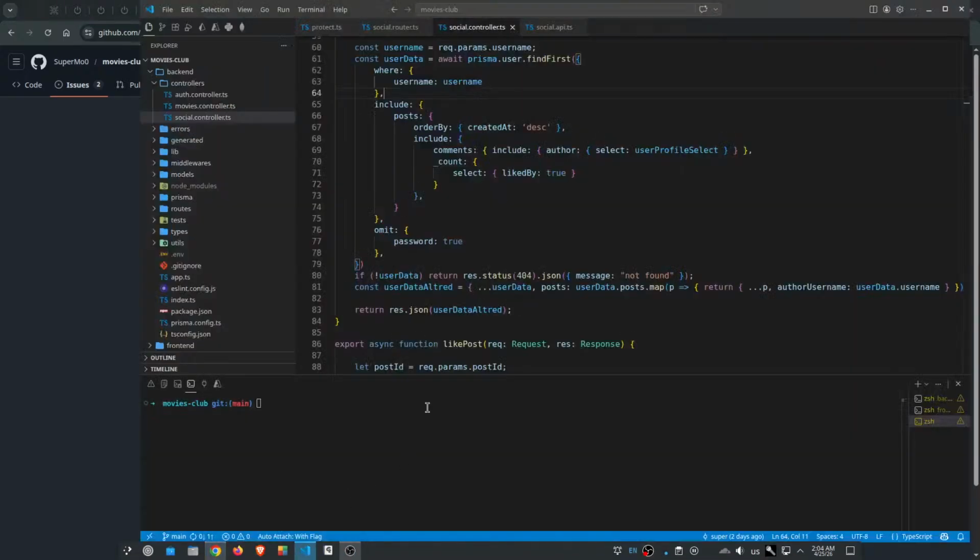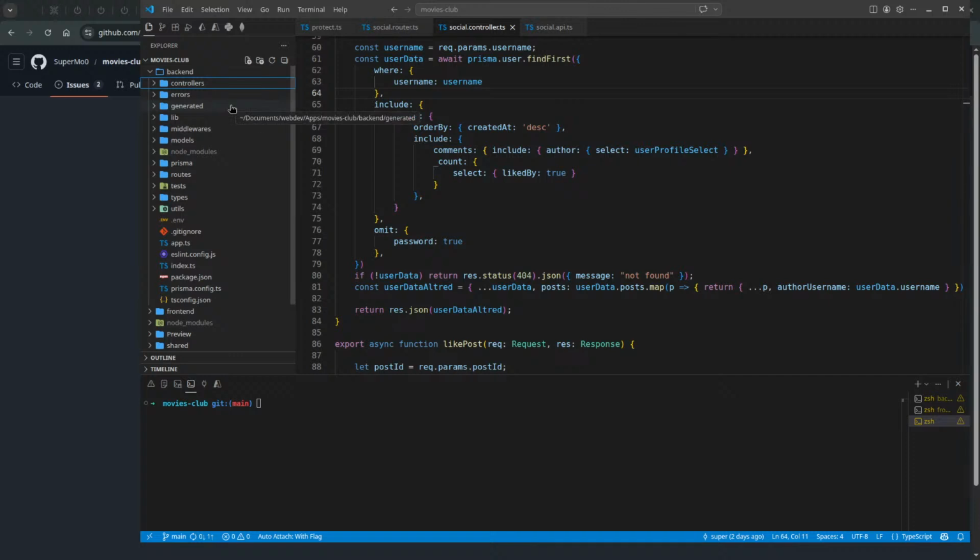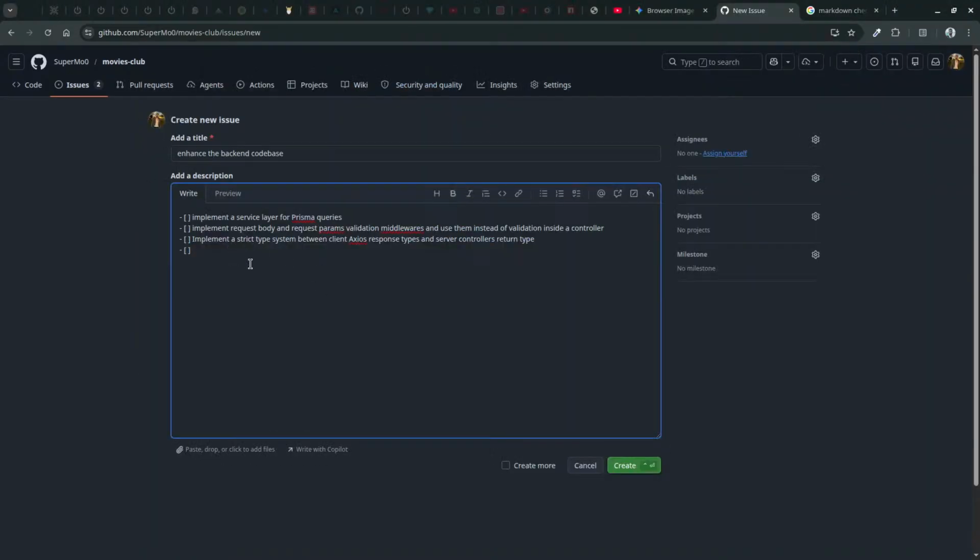What else do we need to do? The errors, we did them. I think these are enough for now. These requirements should be implemented.